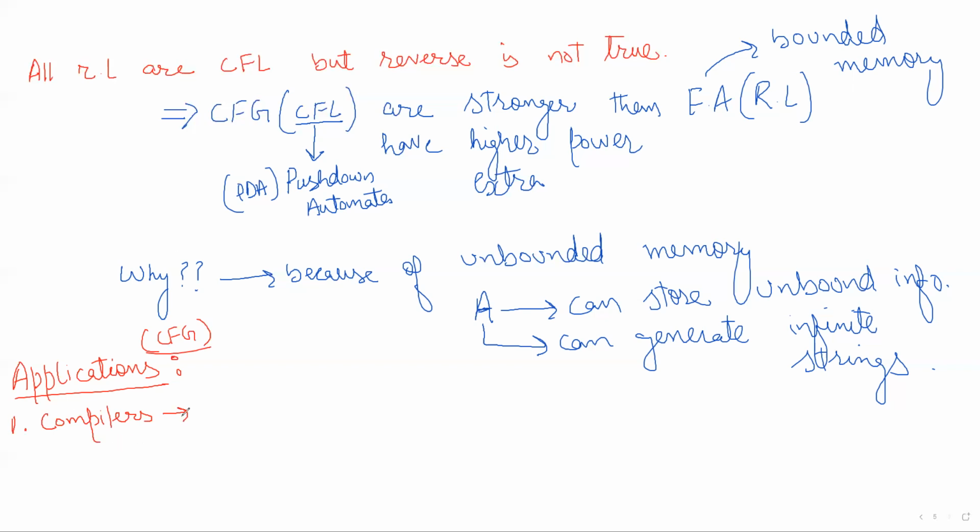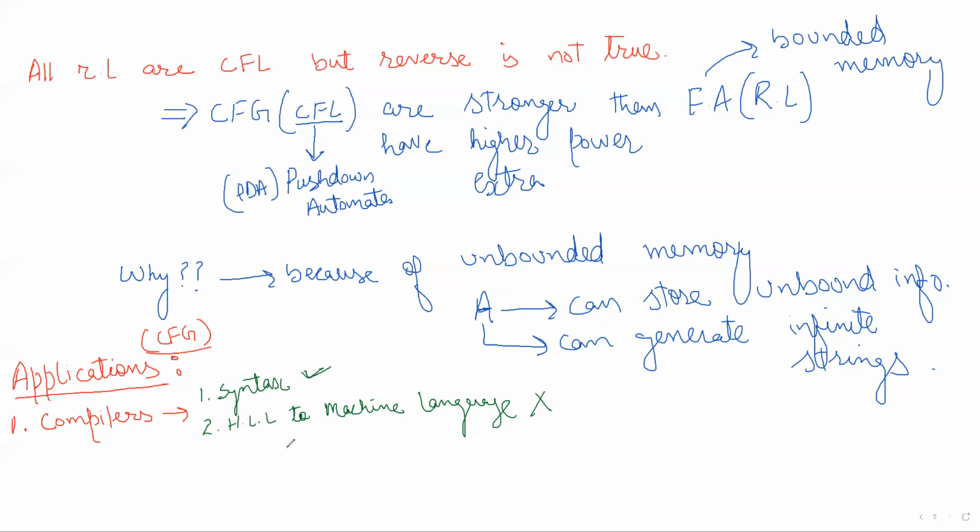When we have a compiler, what is the job of the compiler? One job is that it will check for syntax errors. Second job is it will convert high level language to low level language, or we can say the machine language. So we don't have to discuss the second part. Let's come to the first part. So it checks the syntax.